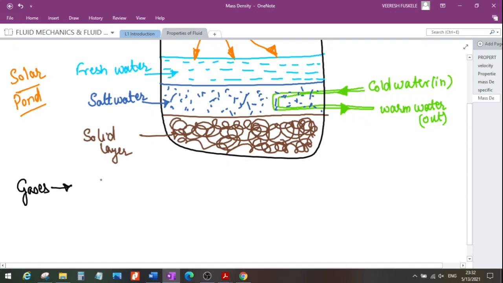So the answer is basically the molecular weight. So it is the molecular weight that determines the density